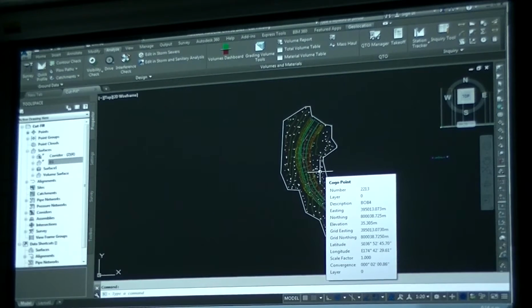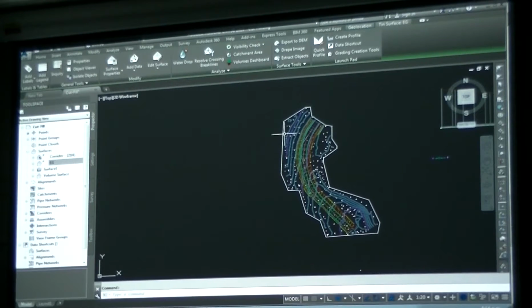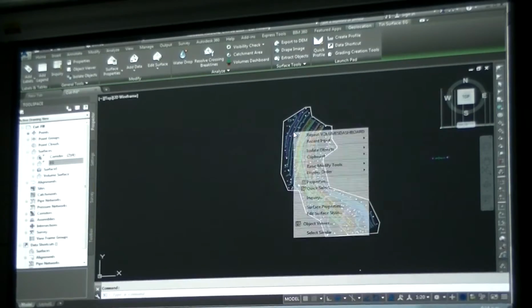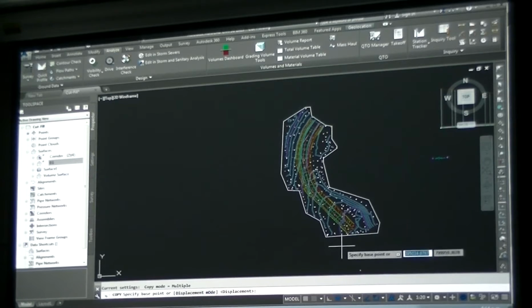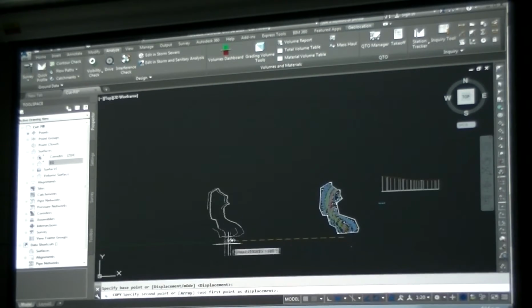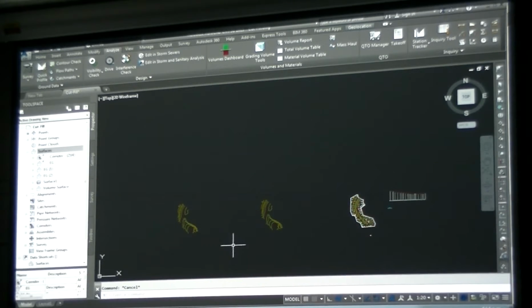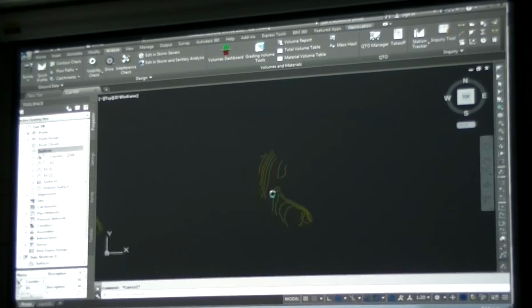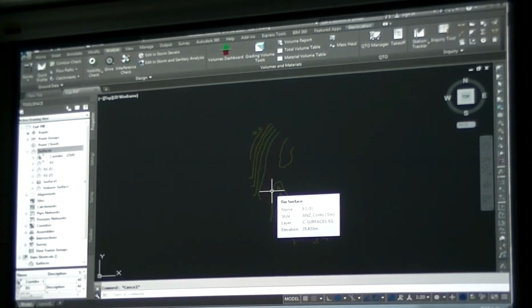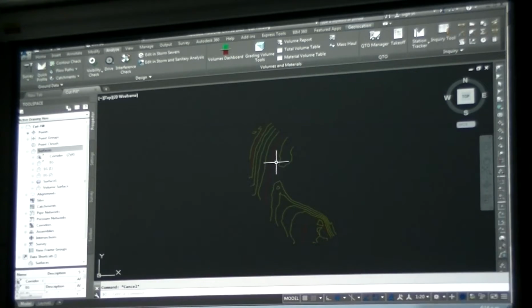So we can actually just copy and drag it off to the side. Grab your existing surface and just use your basic Autodesk commands and take it somewhere out of the way. If you want to do a couple, fine, do a couple. Now we're basically taking that surface away from this data, so we can't do much more with it in regards to design work, but we can